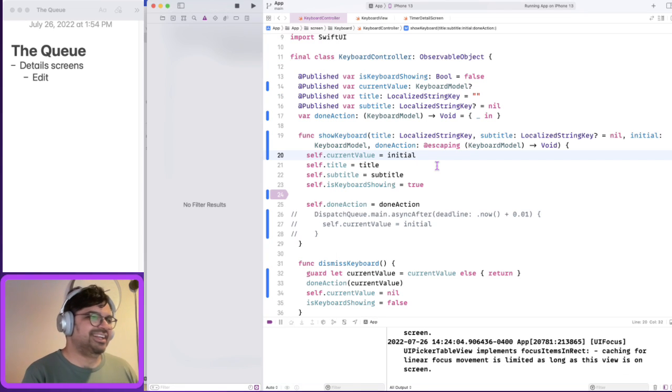Sometimes it works. So what if we consolidated this? If we wrap this all into one item,